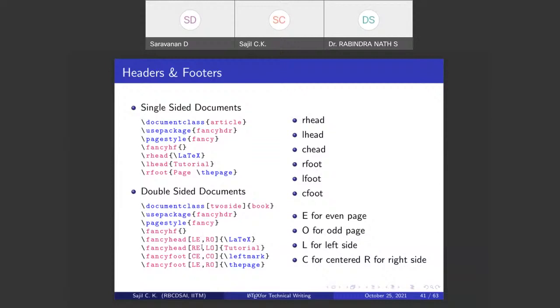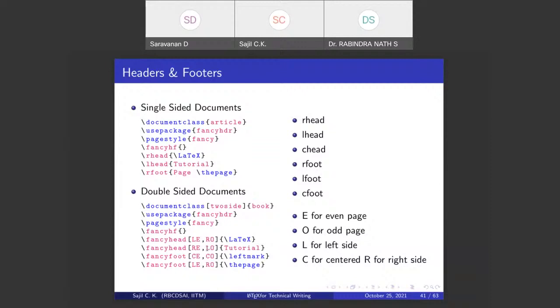What I am mentioning here is that I want the symbol LaTeX to appear on the left side if it is an even page, and on the right side if it is an odd page. Similarly, for tutorial, I want it to appear on the left side of the header if it is an even page. That is what is meant by RE, the right side if it is an even page, and left side if it is an odd page.